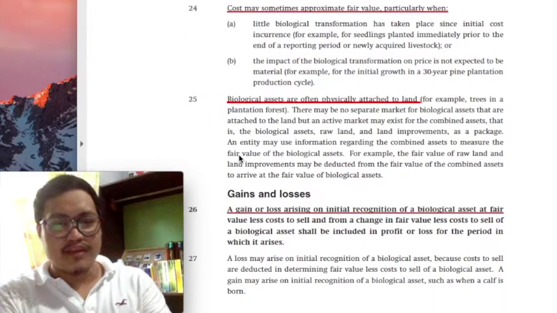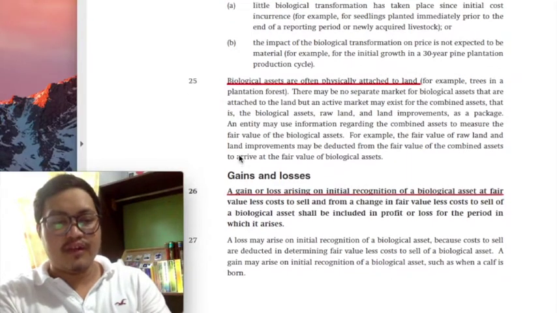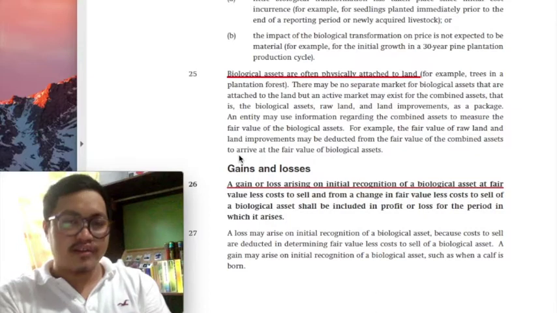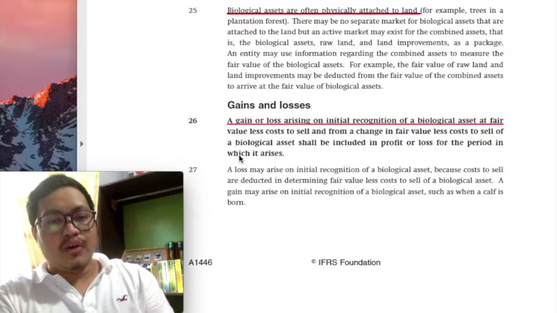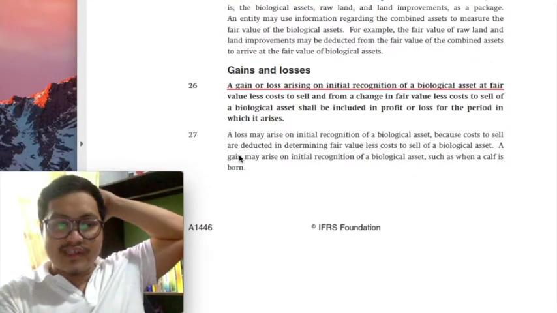I hope that makes sense to you, class. But if ever there's readily available fair value of a still standing tree, class, then definitely you can use that one. Now moving on as to the treatment now of gains and losses, class, considering that we will have